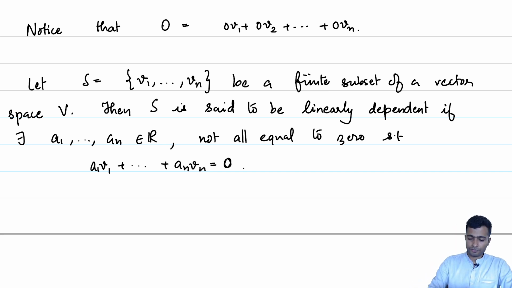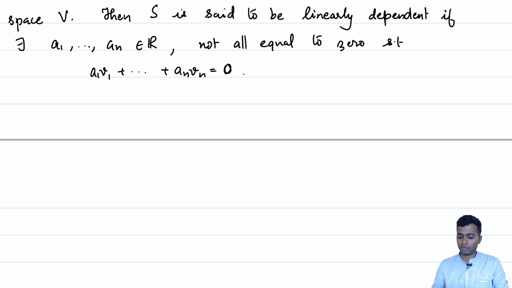So, this is a useful definition to put on record, because many times we deal with a finite set and we ask whether the finite set is linearly dependent. This tells us that we do not need to worry about whether there is a subset or subcollection. Any linear combination involving all the vectors needs to be considered, that is all. So, we have defined what is meant by linear dependence. Linear independence is just the negation of this concept. A set S is said to be linearly independent if it is not linearly dependent. So, the definition of linear independence.